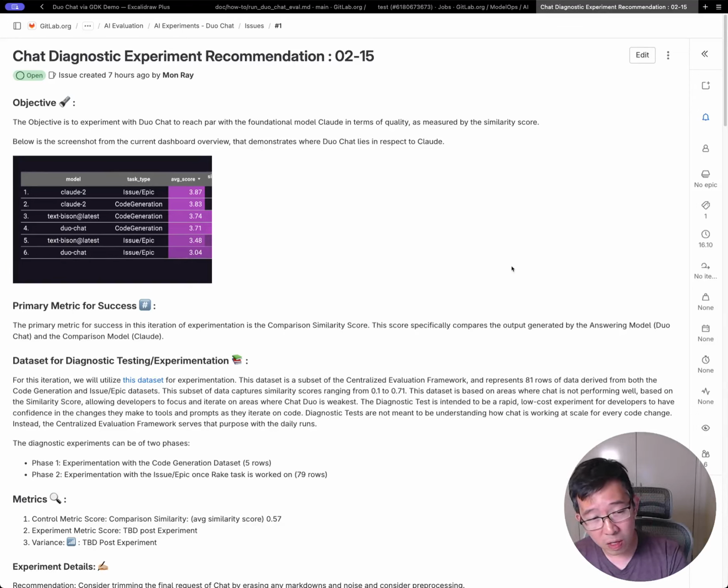In this demo, I would like to walk through the process of running the Duo Chat evaluations using an experimental dataset, or diagnostic, which is a subset of 81 rows of data derived from both code generations and the Shoes Epic dataset that we evaluated earlier. This subset of data